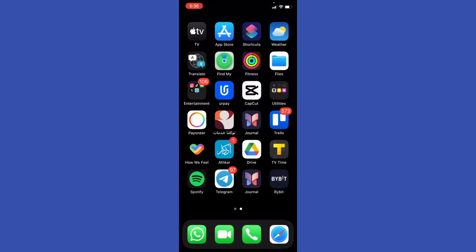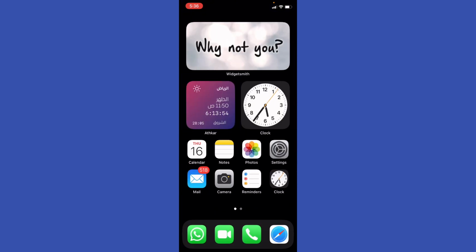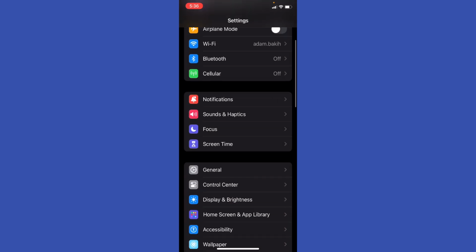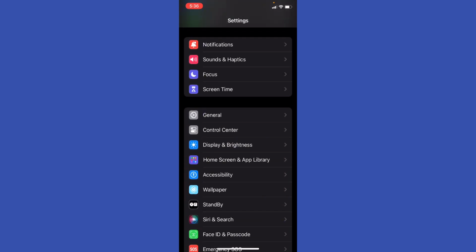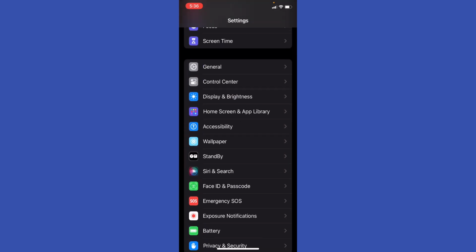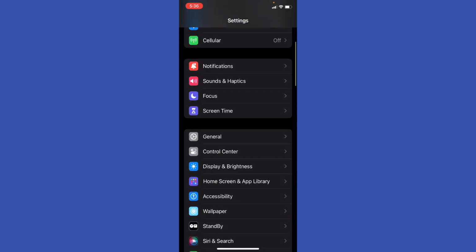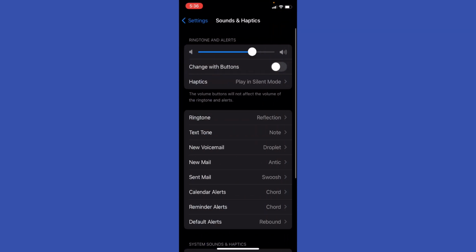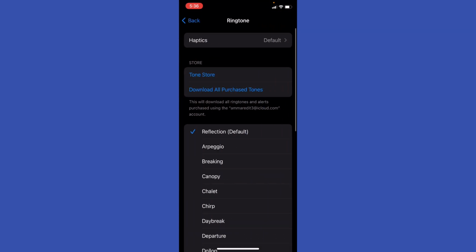So basically, I'm gonna go back to my screen, and before I go to iTunes, I'm gonna go to my settings and scroll a little bit down until you find Sounds and Haptics. And basically, you're gonna go to your ringtone, and if you didn't like any of those tones or sounds on your iPhone, just go ahead and click download or go to the Tone Store